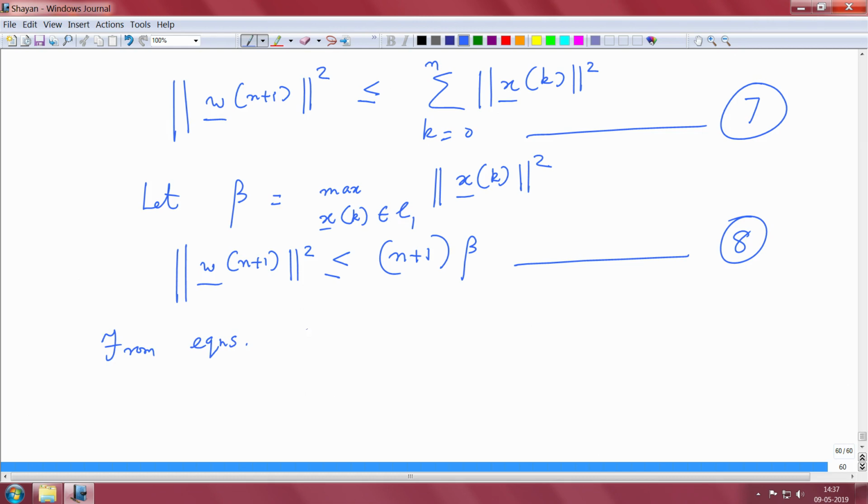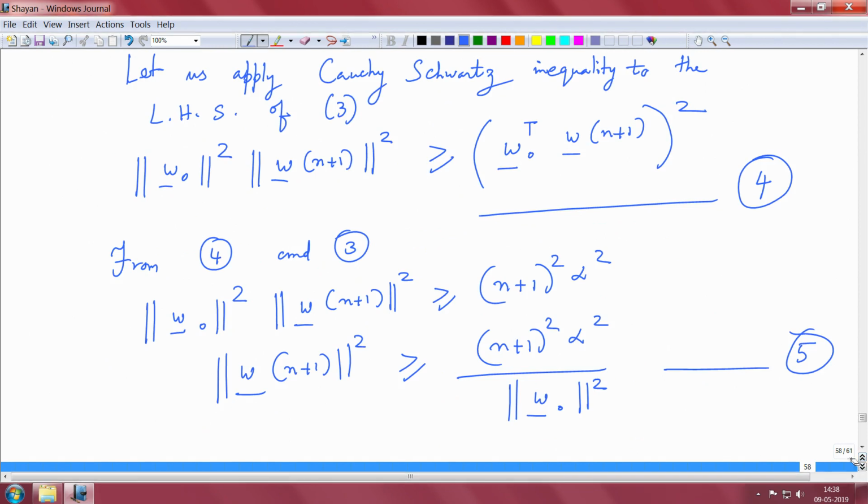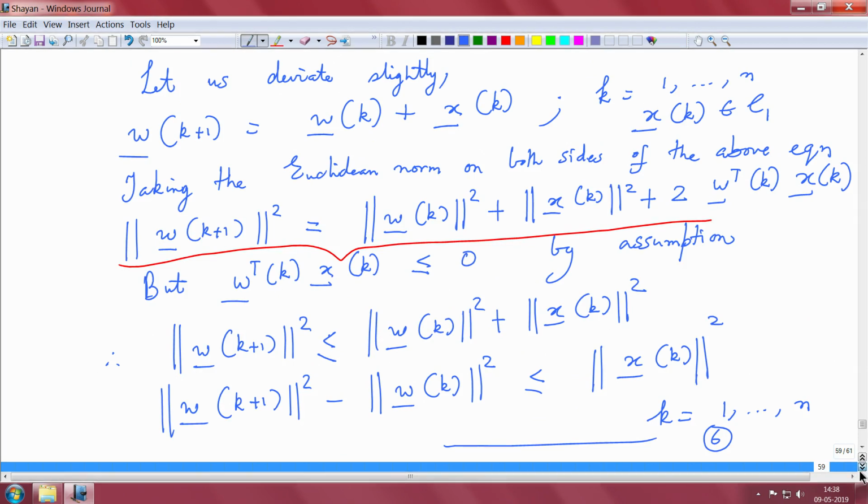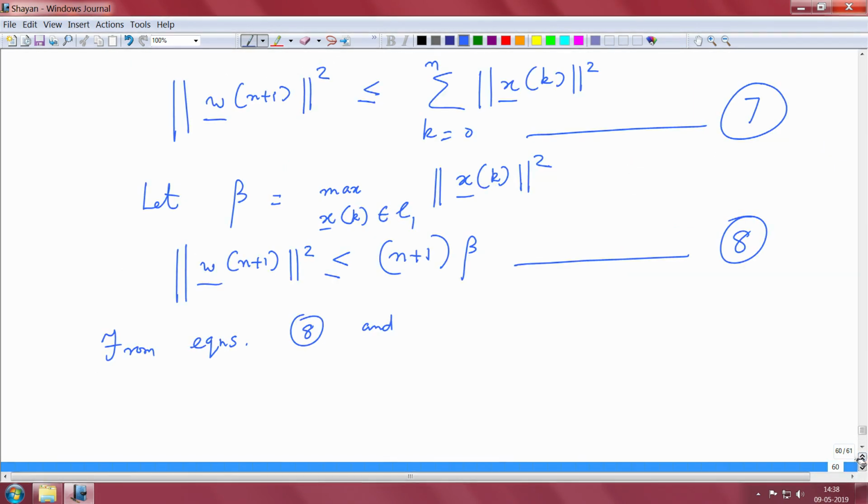Now, from equations 8 and I think it must be equation number 5 that I have here. On one side I say the norm of Wn plus 1 square is greater than or equal to some quantity. On the other side I say that the norm of Wn plus 1 square is less than or equal to some quantity, and there should be a point where it has to cross with equality, right. So, from equations 8 and 5,